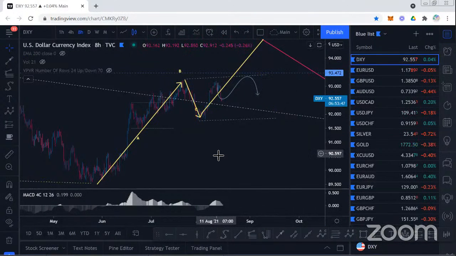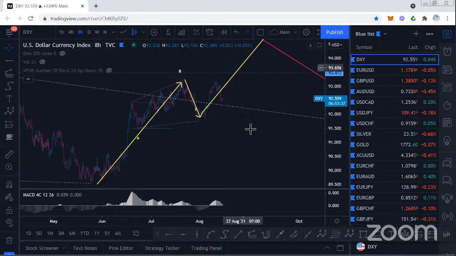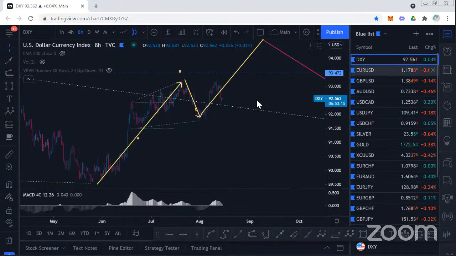So either way, both of those scenarios point to upside. For now, because this is the most simple version, we're keeping an eye on a close above the highs for this dollar DXY, which would allow for an impulse to the upside as we continue to chop around here for some time, probably the rest of the month. If we just stay chopping in this region, that means we are in a corrective structure, and then later on we will get a pop higher, then a dip, and then we would look for the longs. But either way, I remain a dollar bull.